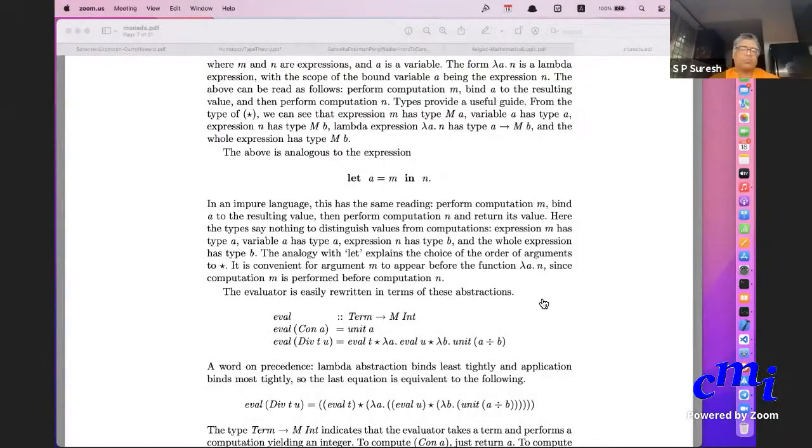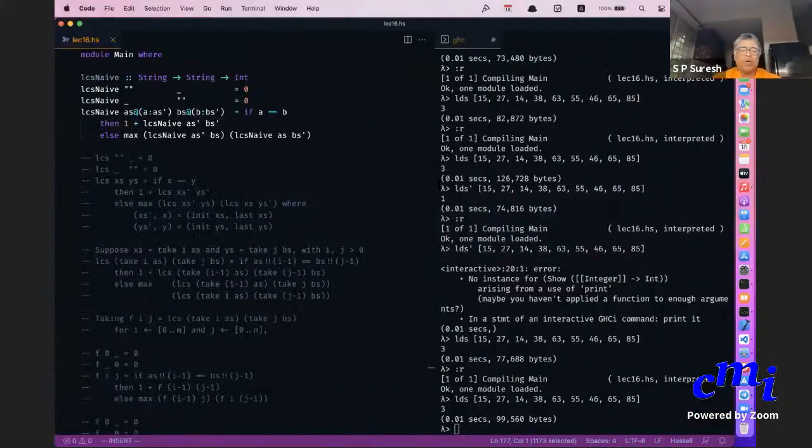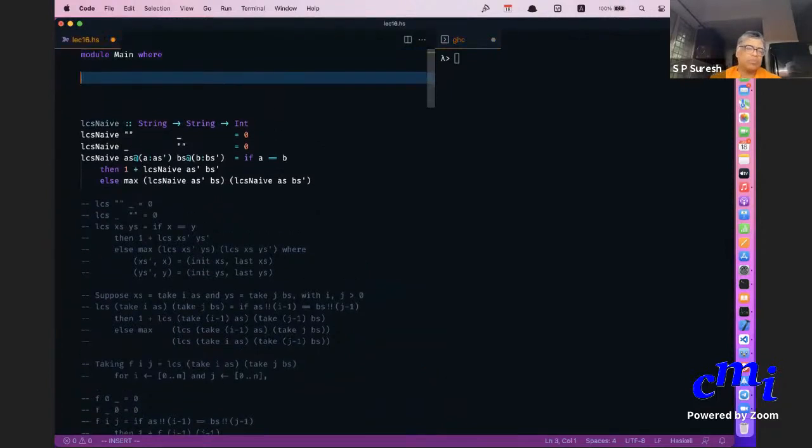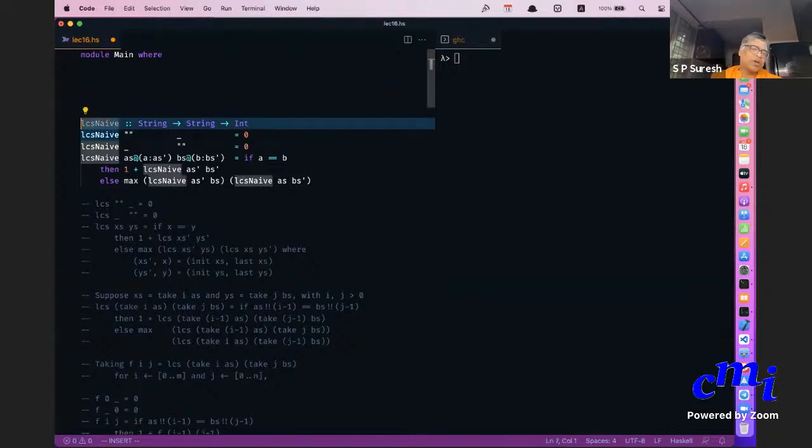Okay, let me start sharing my screen. You can see my Xcode, right? With lots of junk. I'll comment out everything I have.